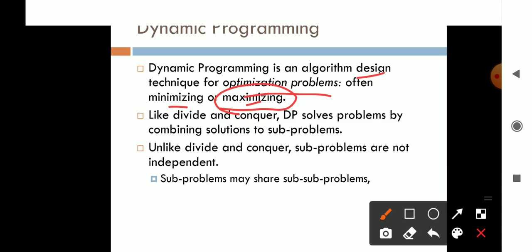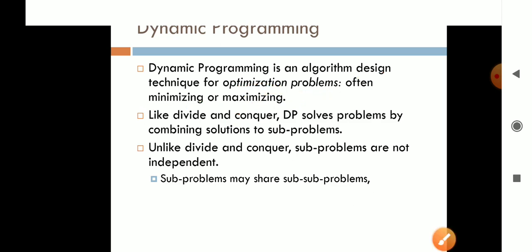Now for example the second one, if I want to go from one place to another, I have to choose the path, and I need that path which has the smallest cost or the smallest time. So that is what we will find out for the minimization, right? So here we are having minimization and maximization. Again, dynamic programming uses both.